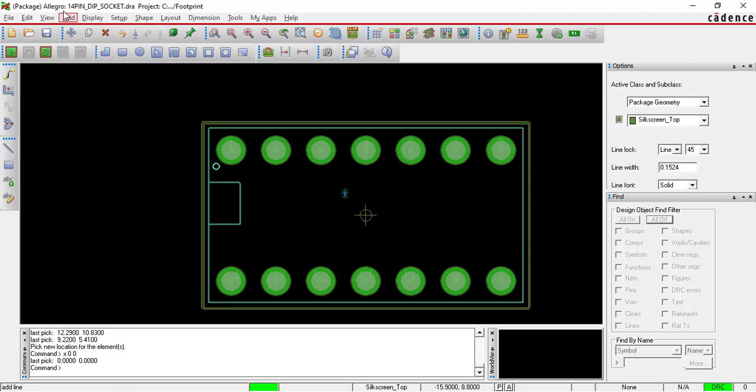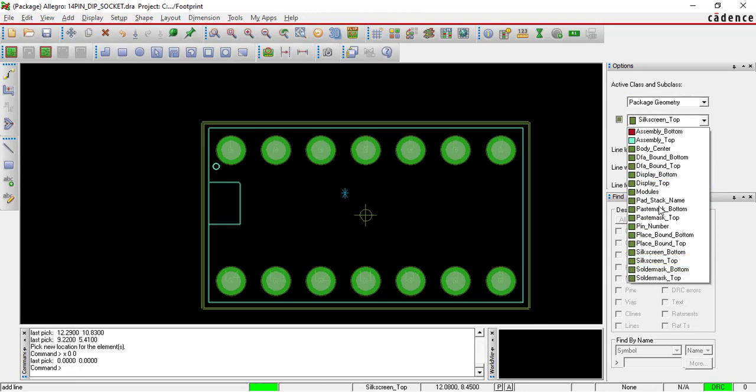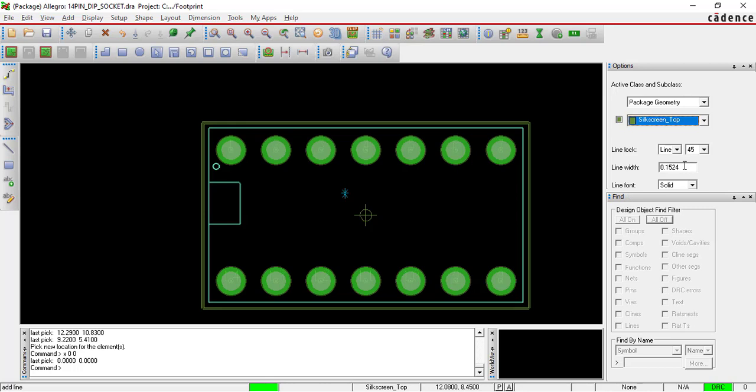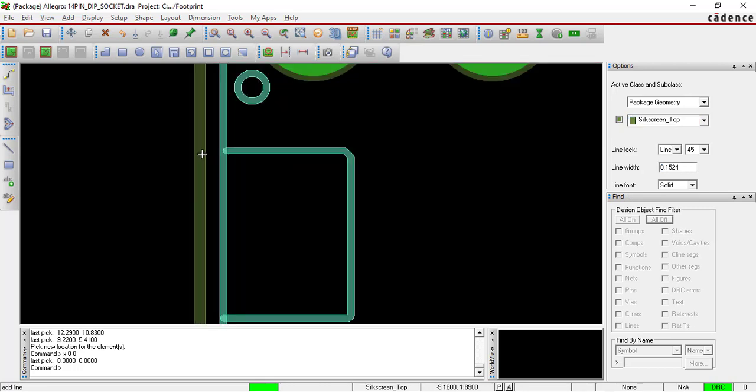After we have to go add line, select here package geometry, silk screen top, line it is okay, it is given already. So we have to draw like this.